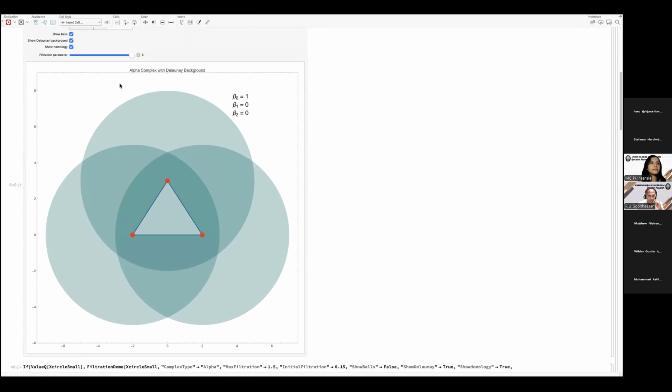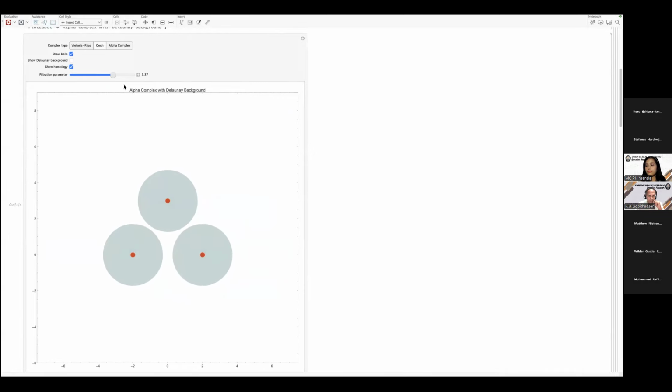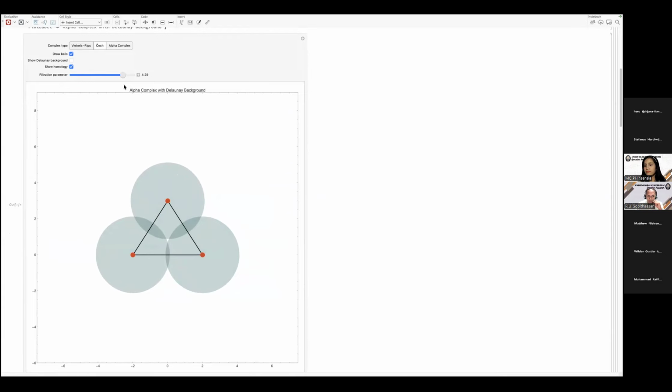Okay, so to compare, we should go here. For Čech complex, three balls must overlap to create a filled triangle. It's computationally expensive, right? Whereas you see there's a hole in the middle, regardless of the increase of the radius, which really encodes that there's a hole in Čech complex. Whereas for Rips complex, the hole is closed even though there's a small hole inside. So Rips is an approximation